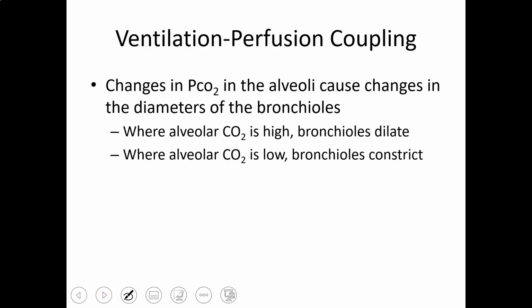Carbon dioxide changes the diameter of the airway. If there's too much carbon dioxide in the lungs, get rid of it, so the bronchioles dilate so you can exhale it. If there's not enough, they constrict so that you